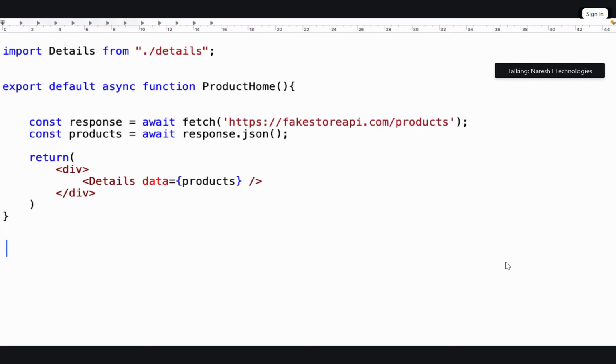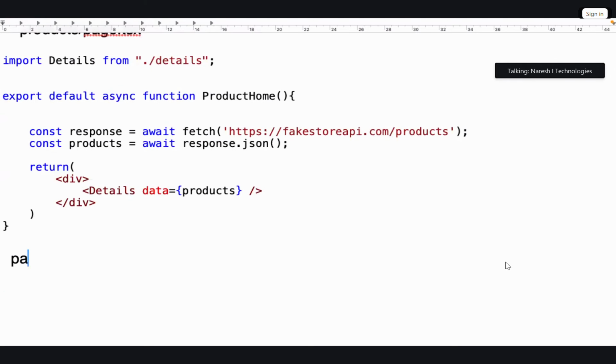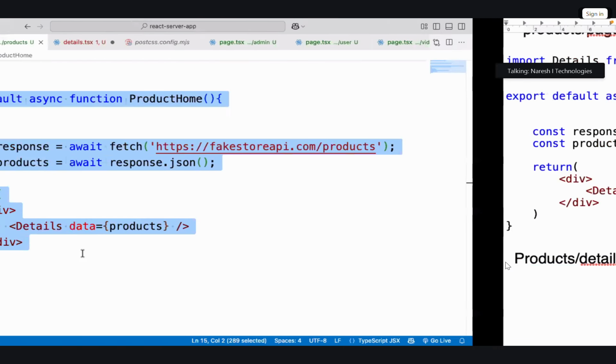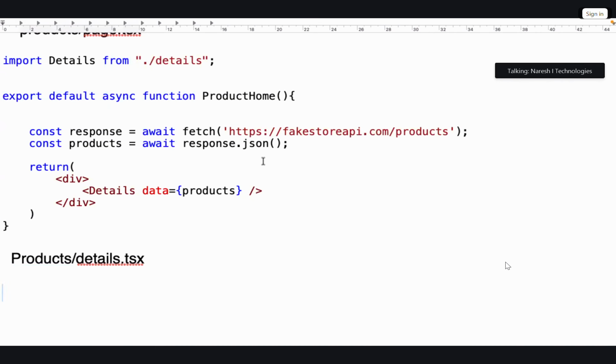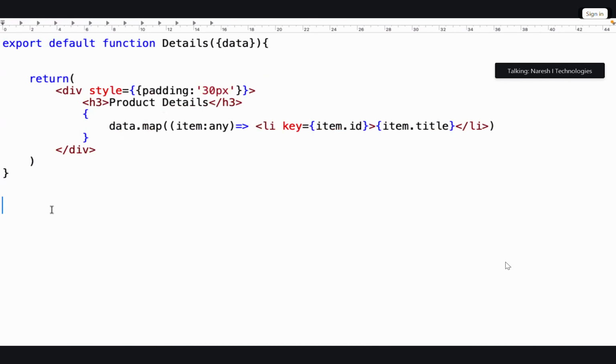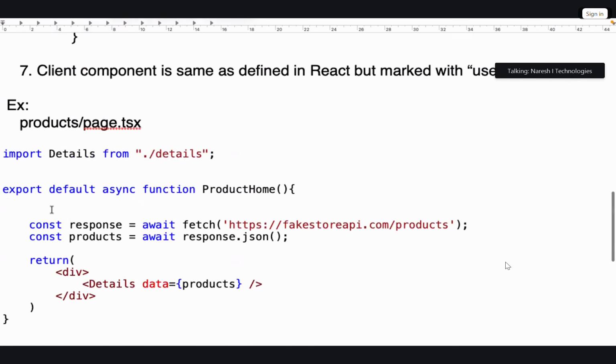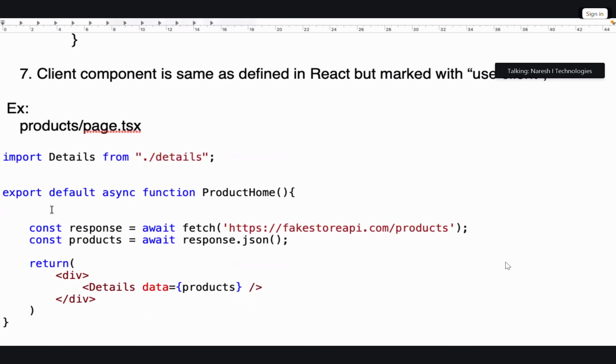We have to make them strongly typed. And in products, it is details dot tsx. This is a client component. Into the client component, it is rendering the data. I will copy this. This is just one example of server side rendering in Next.js.